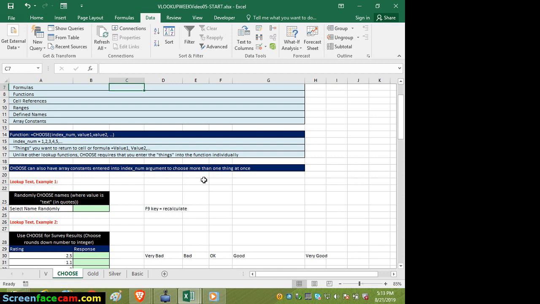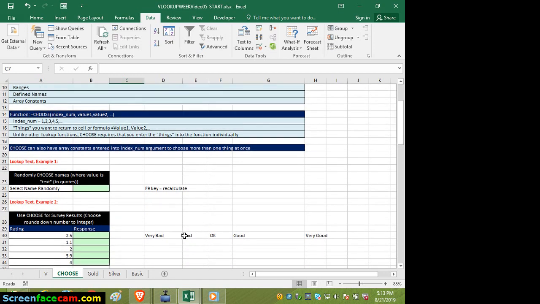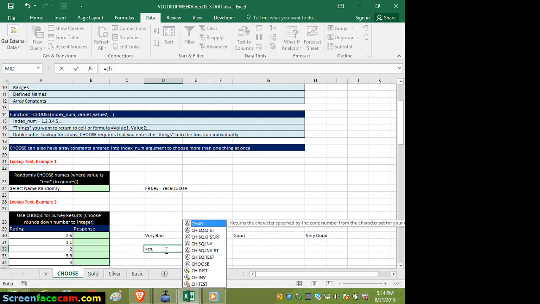For instance, let me take it by using this one here. Okay. So I've got 1, 2, 3, 4, 5 choices there. I've got these 5 choices, right? Now I want to be able to choose one. What's the easiest way I can do it? Is to use the choose function. That is by saying equals, then I say choose,